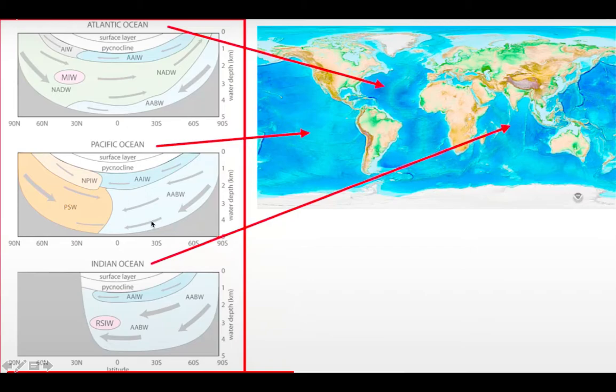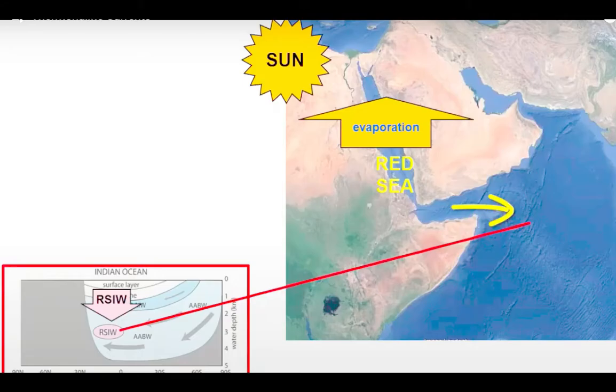Okay. Here we have this NPIW. In the same way, like Atlantic, every water mass will form, and it will always follow the rule of density. So the denser the water, it is always in the lower region, and the lighter the water, it is always on the top regions. Okay. Now let's talk about a water mass which is in the Indian Ocean and it is very important. This is called the Red Sea water mass.